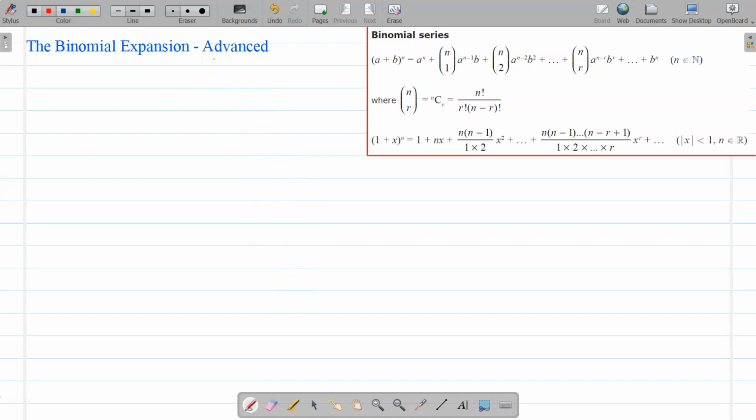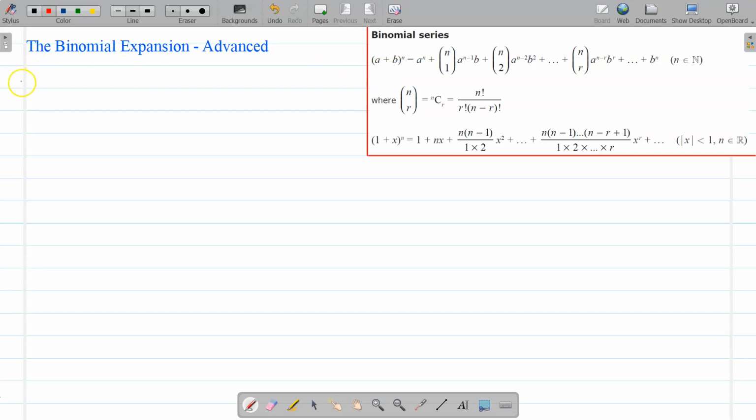Okay, welcome to this video in the series on the binomial expansion. This is the third one where we're going to look at a more advanced form of the binomial expansion that we do at A level. Now, this has advantages because it doesn't require n to be a positive whole number. N can be an integer that's negative, or it can be a fraction. Okay, so let's see how it works, and to do that we'll start with an example of 1 plus x